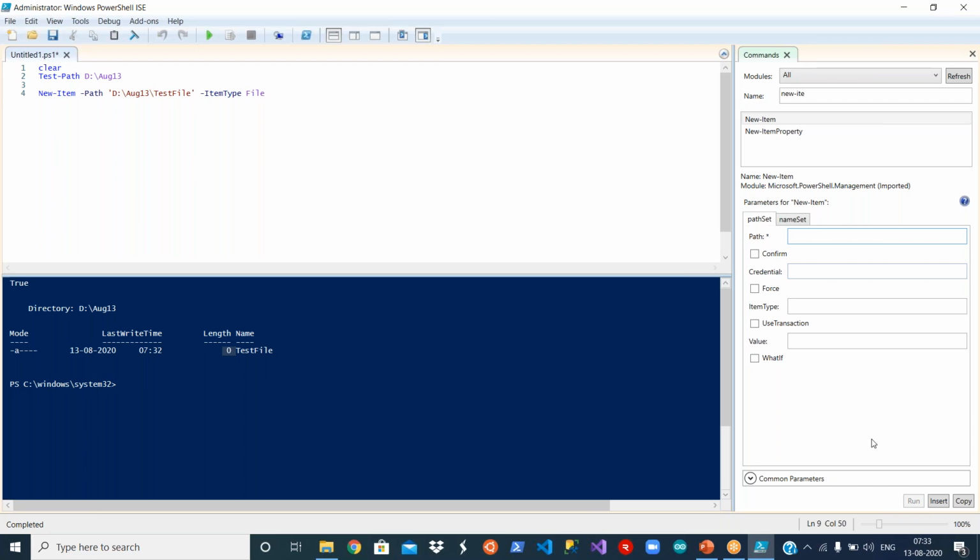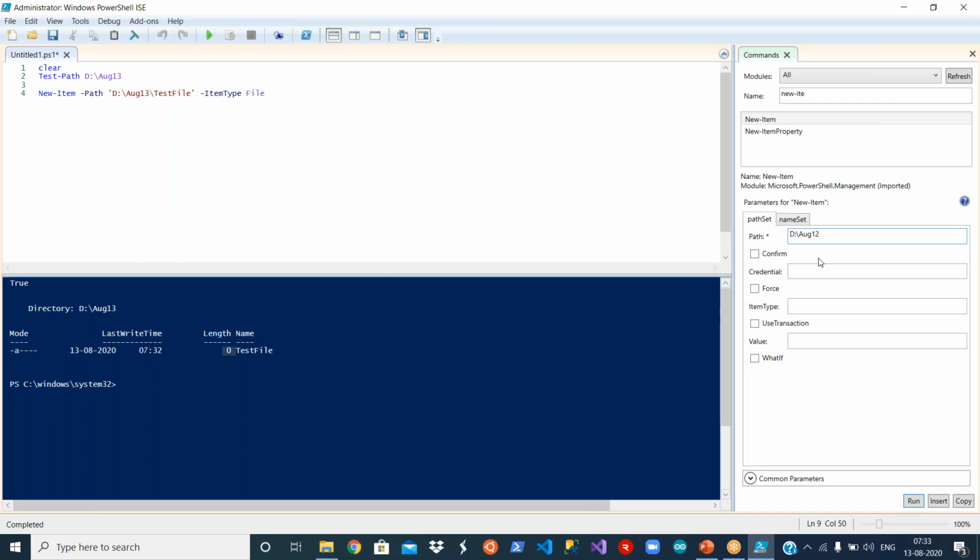So where I want to create this folder, same thing, right? Path. Each label is a switch here. You see path and then item type, value, etc. These are your switches here. Okay, let's see. I'll say D, August 12th.